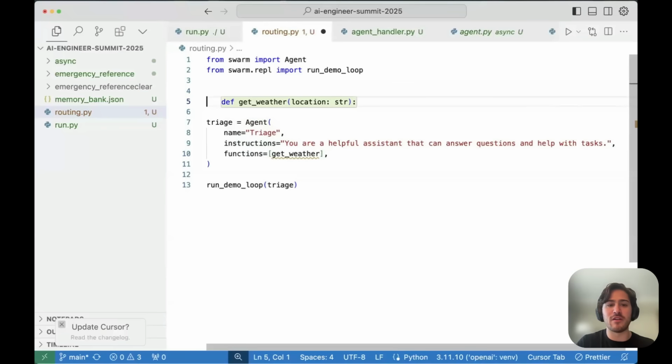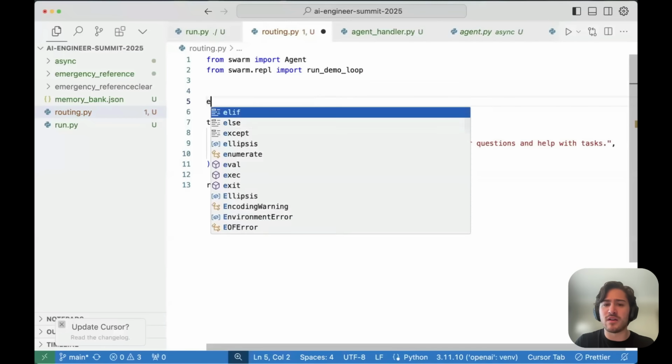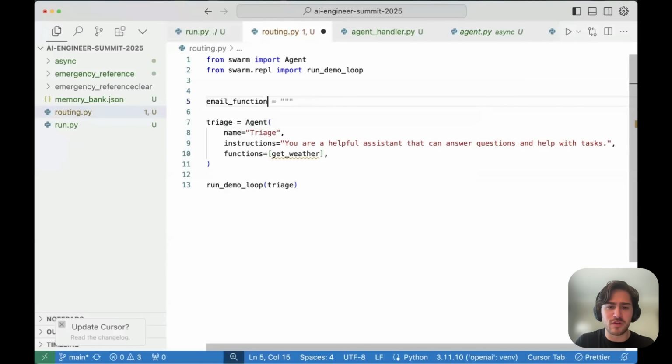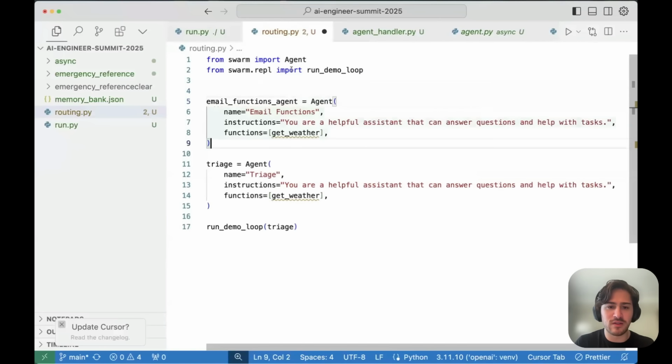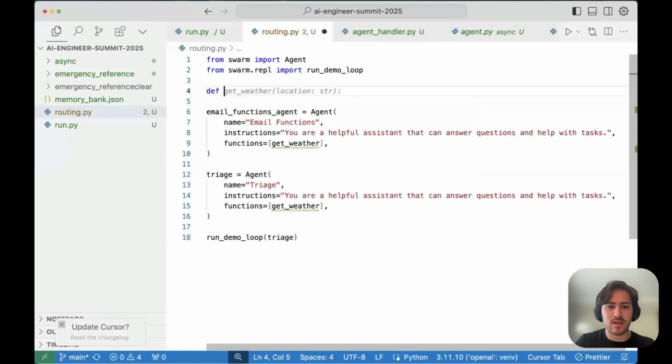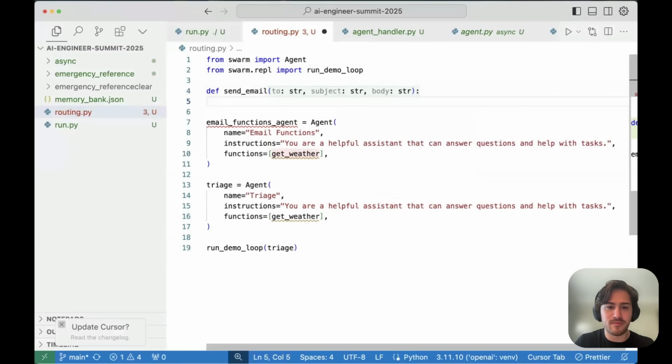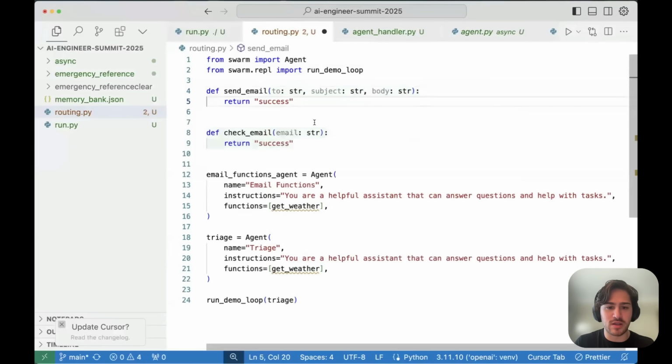Maybe I have some collection of functions, you can call them an agent: an email functions agent, with send email and check email.